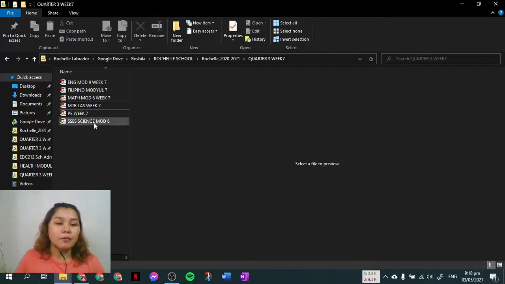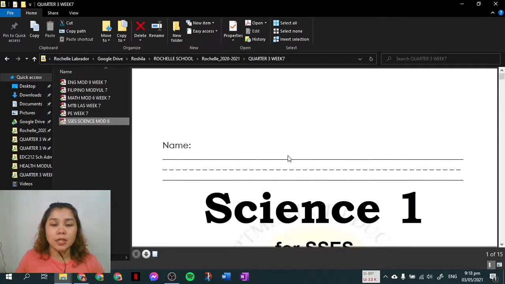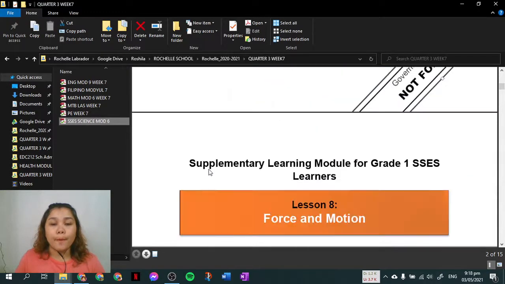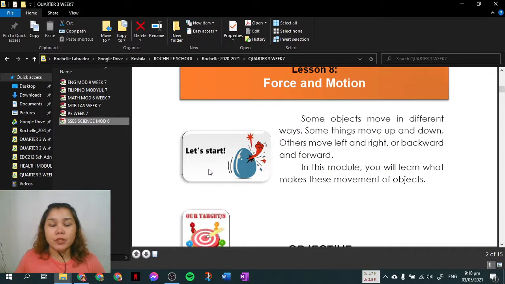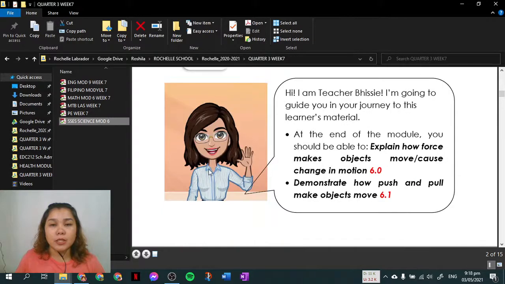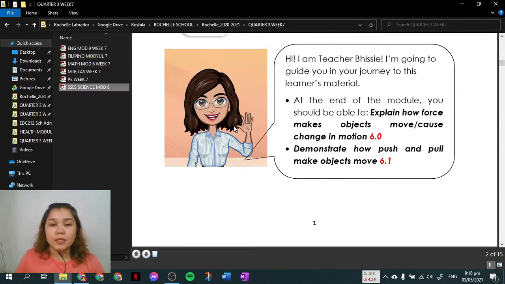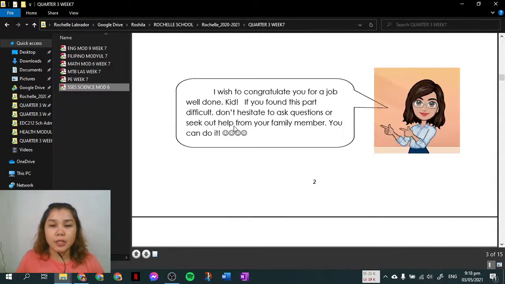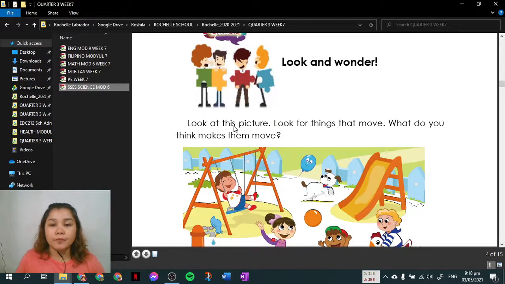And then for Science Module 6, this is for week 7, and this is also the last module for Science for this quarter. So it's about force and motion, the push and pull. This is with the help of Teacher Bess, Teacher BC. The same format, pre-test, and then